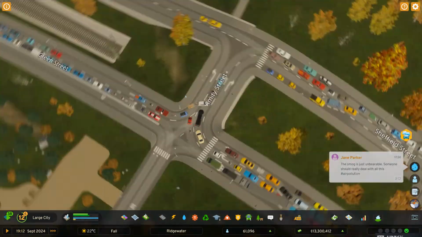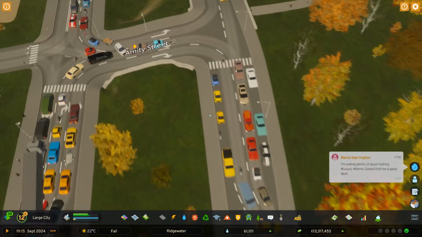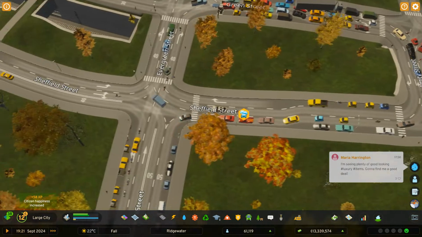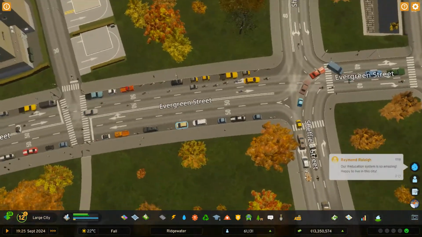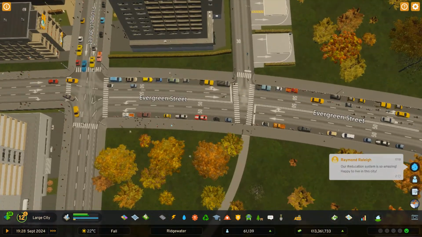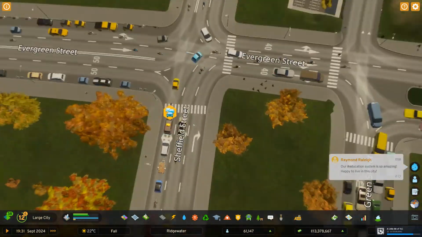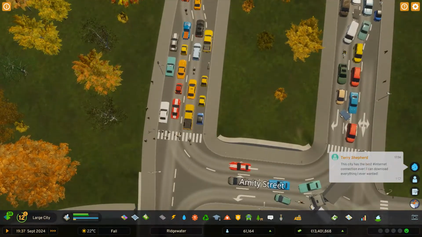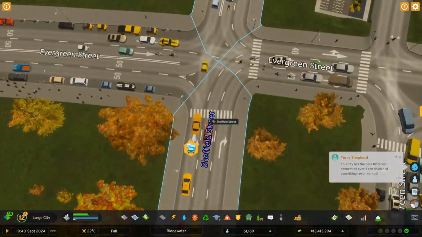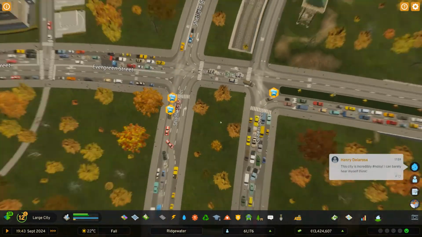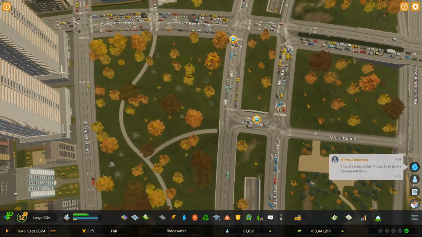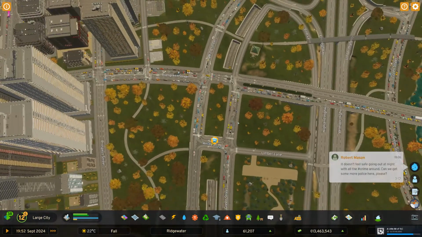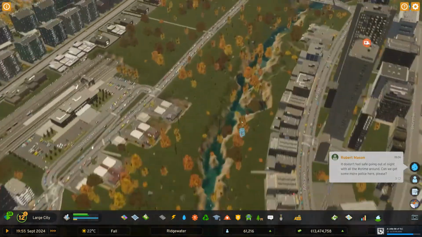This, on the other hand, is not. It's all just stopped. I'm guessing it might be because pedestrians are stopping the traffic. Gosh darn pedestrians. We're going to have to fix that going forward, but for now, let's just focus on the